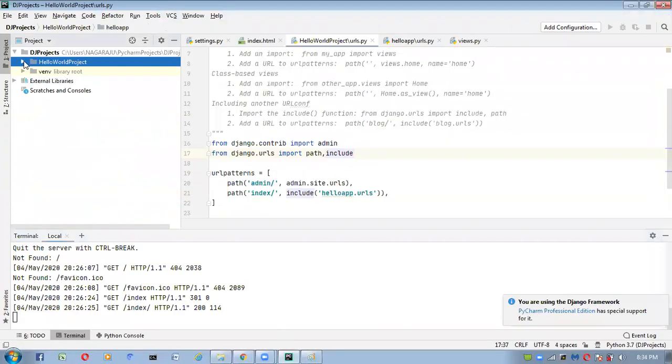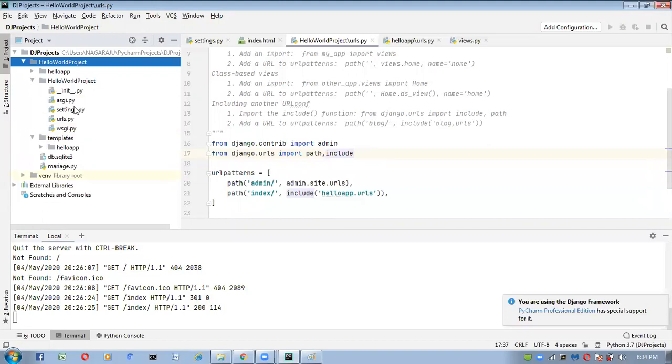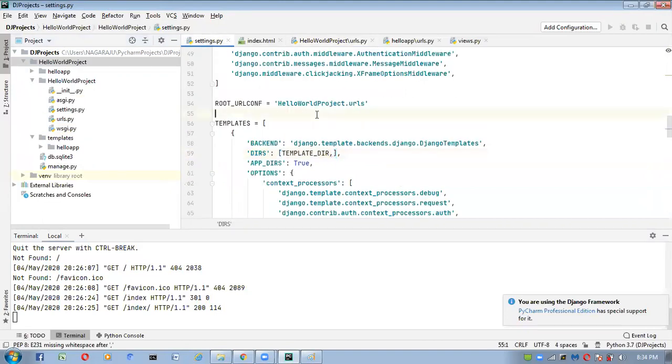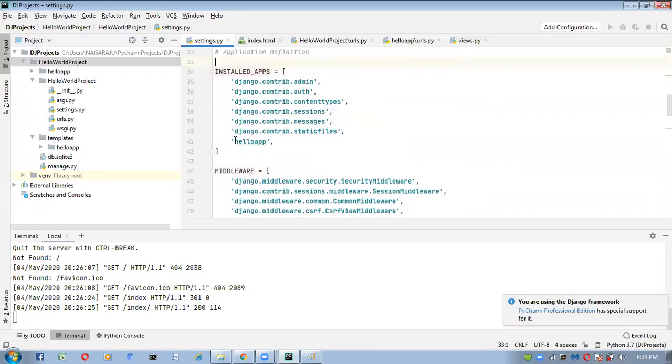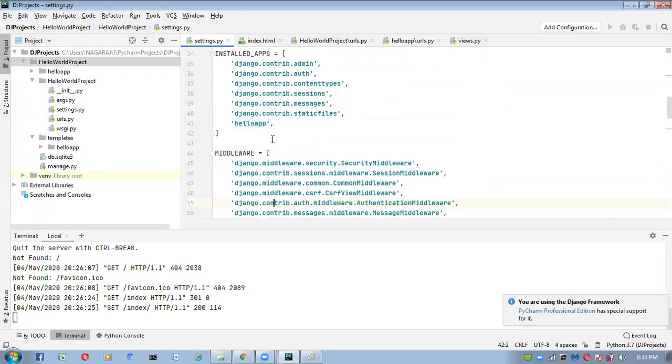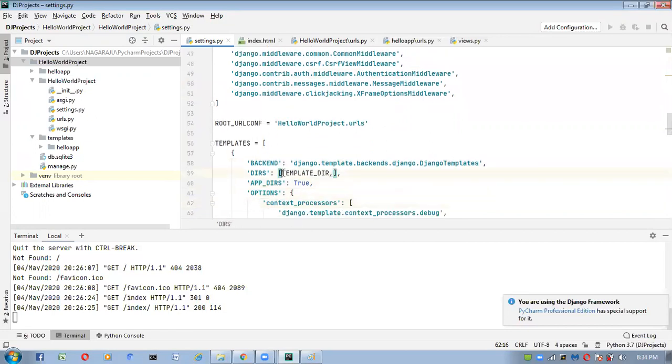First step, what we did: we created this HelloWorld project. Next, I created the HelloApp application inside this HelloWorld project. Next, I created a templates folder at the main project level. Next, we created the HelloApp subfolder inside this templates folder. Next, inside the settings.py file, we added the application name and our template path also.